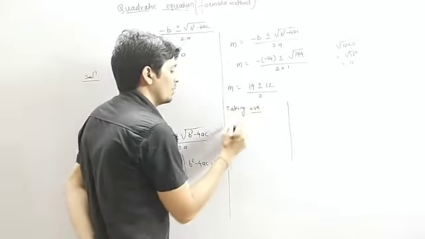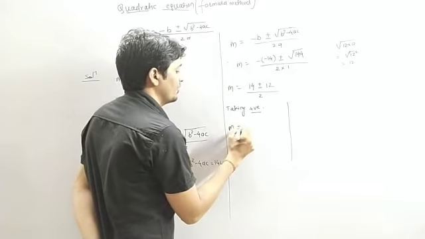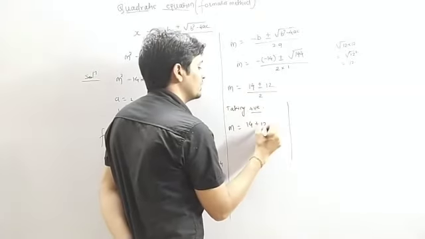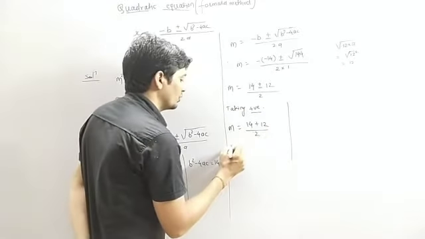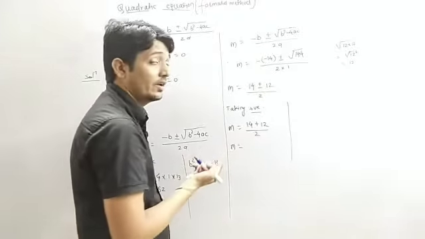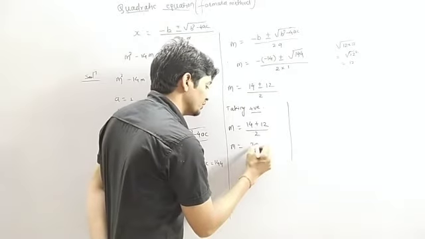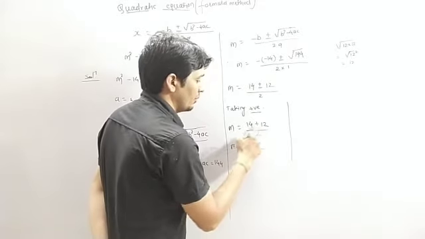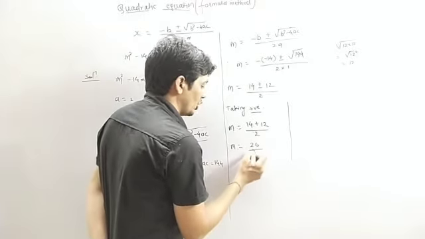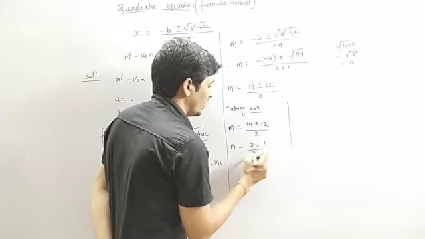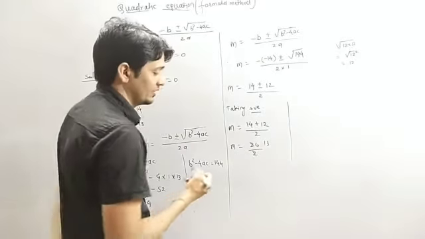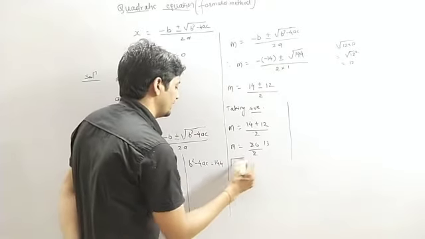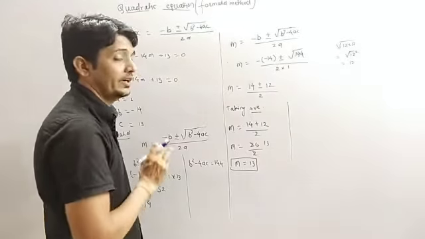Positive sign, so what we will get here, we will get m equals to 14 plus, see plus ले रहे ना, so plus 12 divide by 2, so m equals to 14 plus 12 is 26, so 26 divided by 2, 4 plus 2 is 6, 1 plus 1 is 2. So अब हम सॉल्व करेंगे, so 2 1s is 2 and 2 3s is 6, so m हमारा फर्स्ट रूट निकल गया और वो कितना है 13, so first root we have already calculated.